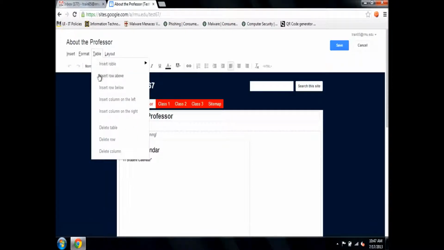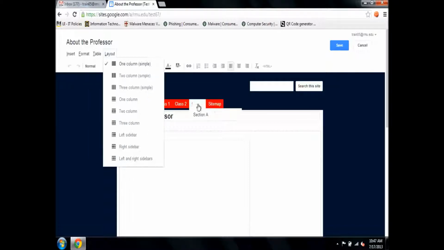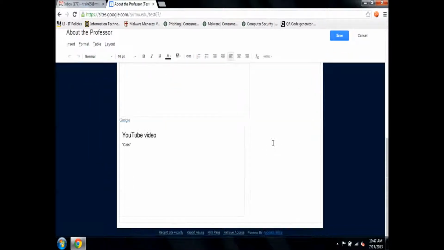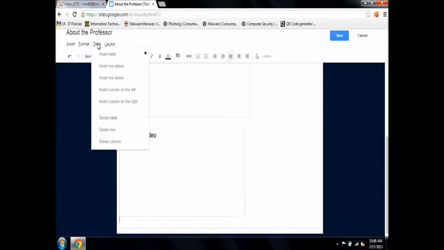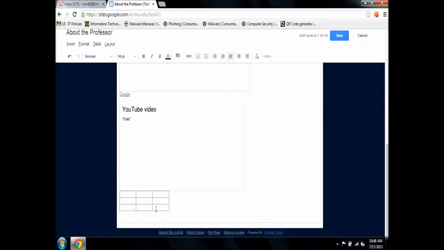Next, we'll talk about the table drop-down menu. Before I go into there, I'm going to get my cursor set after this video. There it is. Now I can go into table, and from here I can insert a table by simply dragging to the size I want, and then if I click, it'll insert,